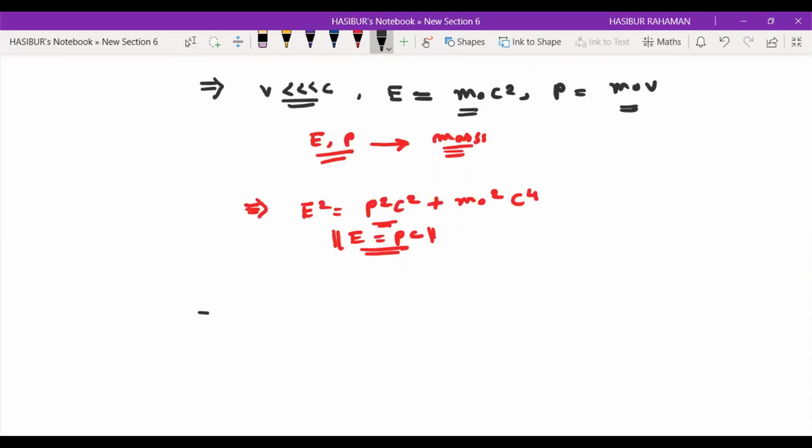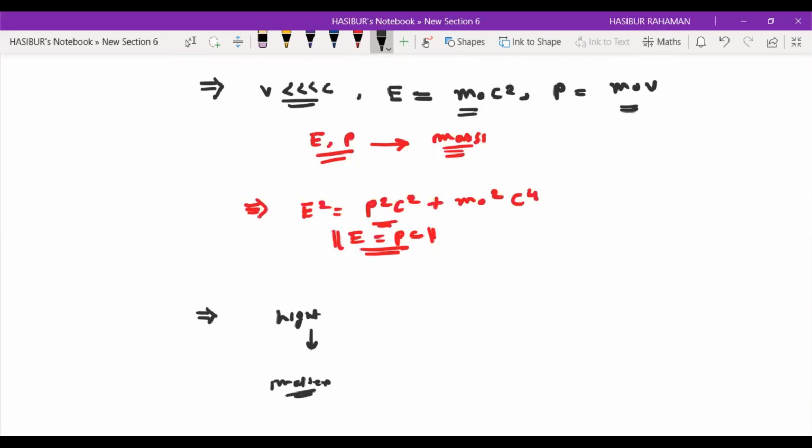Now, how can we be so sure that this particle, the photon, has some energy or momentum? We can visualize it through the interaction of this light with matter. If light falls on a material, it will interact with the nucleus and electrons of that matter, and as a consequence the incident energy of the light changes.